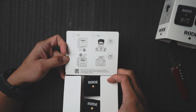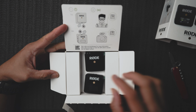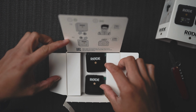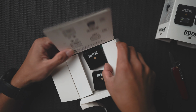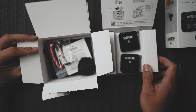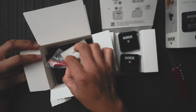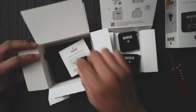There you go. There's the Roadie. I don't know how to get it. I don't know how. I don't want to break it. There you go. Okay, so you remove the top part, and underneath you can see the wind muff, the red wire connector,